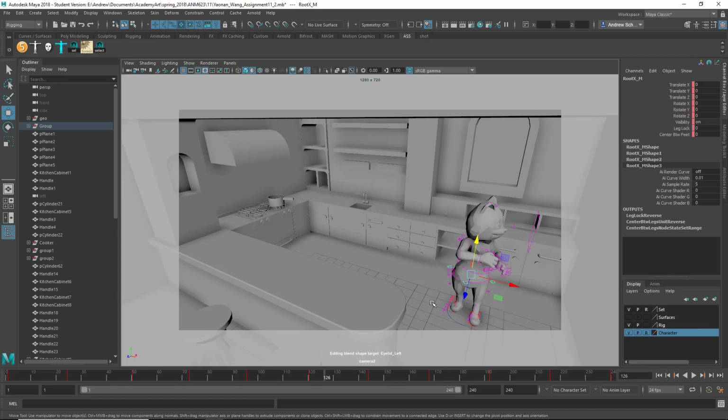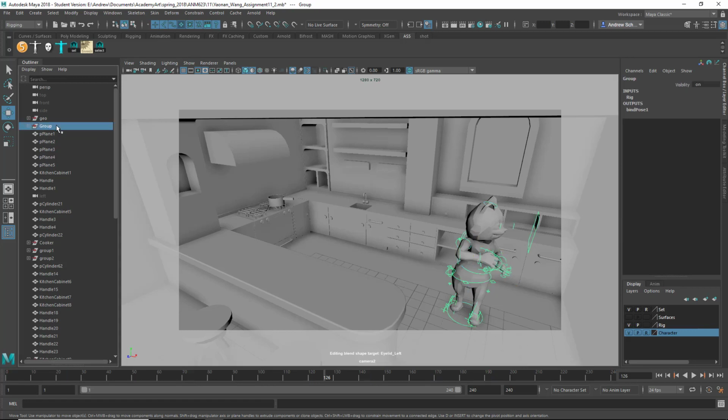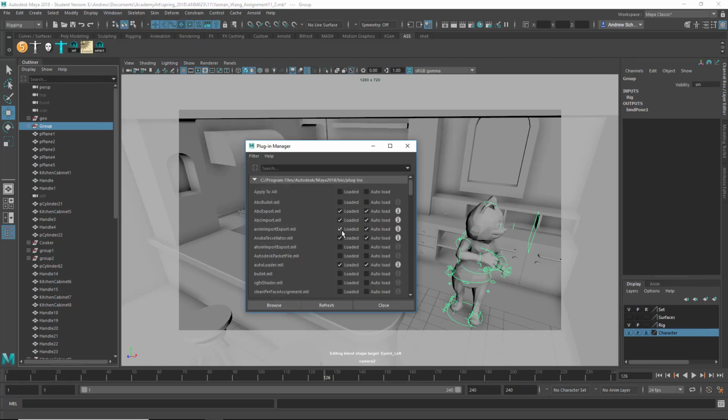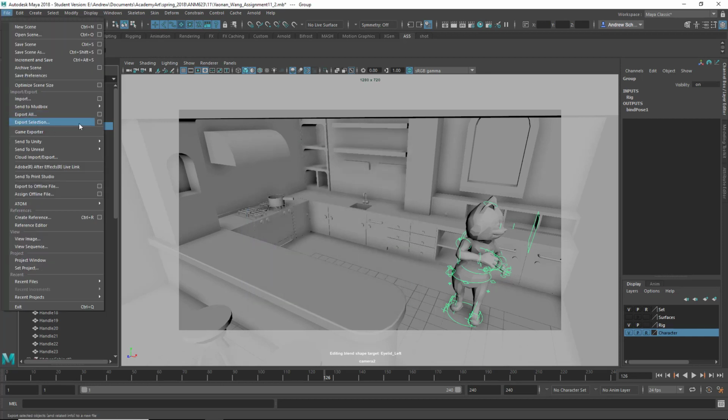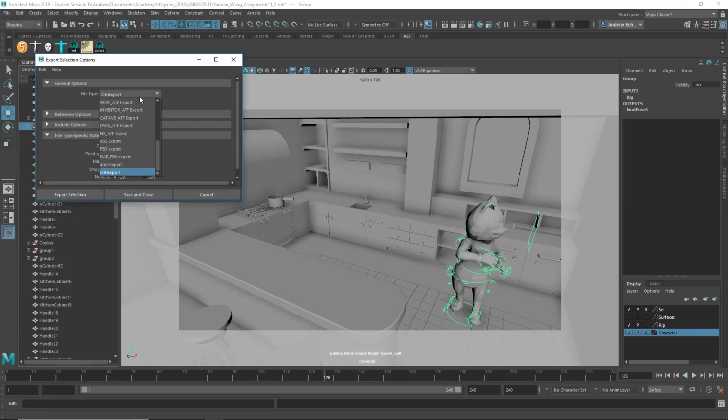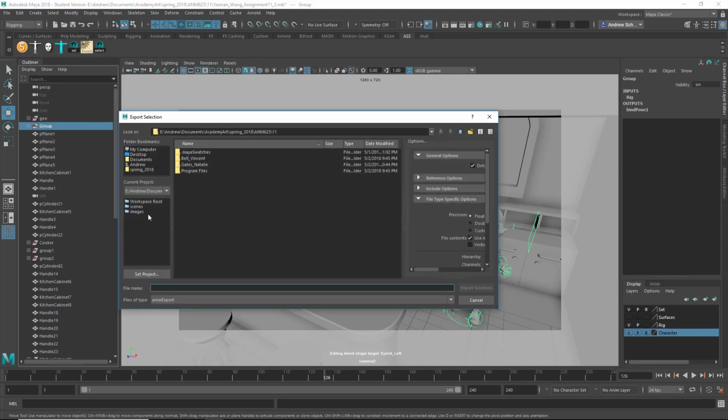One thing I'll show you actually, which is a good thing to know, it's kind of my trick to solve a huge proportion of animation problems, which is anim import and export. So we can go to the rig group here. First I have to go Window, Settings, Preferences, Plugin Manager, and in here you'll find anim import export. I can see those are already checked on, and then I can go File, Export Selection, Options, change this to anim export. That will only show up if the plugin's loaded, and then I export the selection and save it somewhere,